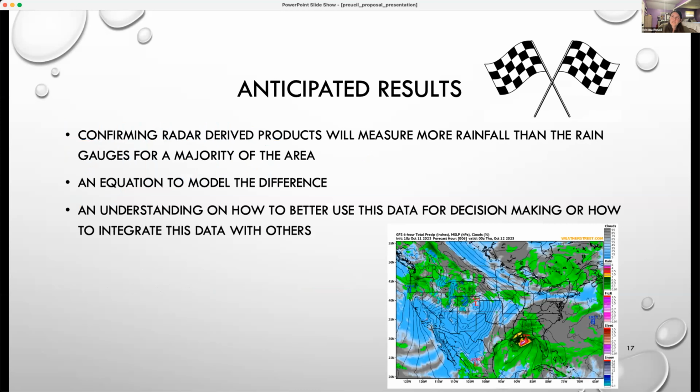So to wrap up, just a quick note on my anticipated results. I'm thinking I will be confirming that the radar-derived products will measure more rainfall than the rain gauges for the majority of the study area. That's in line with what Medlin and Skinner were seeing in the tropical environments with convective storms. I'm also anticipating generating an equation/model to relate all of these data sources together or to quantify